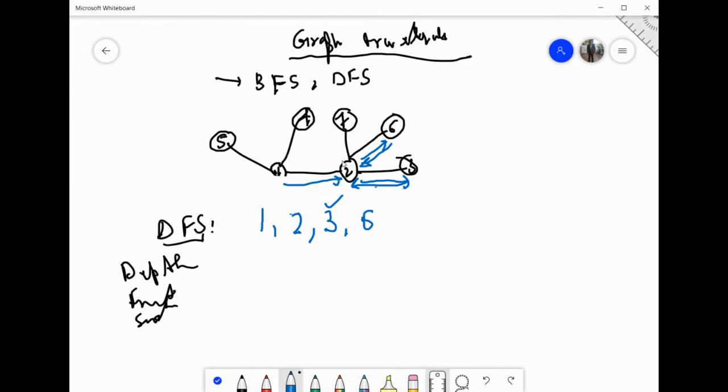The last option remaining with 2 is 7. So now I will go to 7. Suppose 7 के बाद कुछ और लगा होता है यहाँ पे, 8 भी लगा होता. Okay, so I have went to 7. Now I have to explore 7 completely. ठीक है, 7 के पास कोई ऑप्शन नहीं, सिर्फ एक ही ऑप्शन है, that is 8. So I will go in this direction, that is 8. So 8 will be printed.